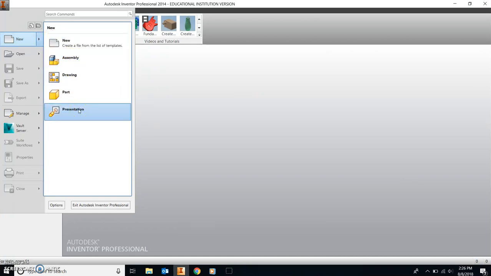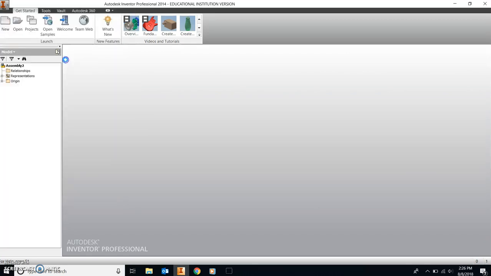So remember, with this particular project, we're kind of working backwards. Typically within Inventor, and later on in the course, you guys are going to create what's called a part file. You're actually going to create all these at some point in time, but usually you start with a part file, then you can create a drawing or an assembly of them and then do a presentation. We're just going to work with assembly right now, just to get your feet wet with learning the software a little bit with some pre-made parts that you've already downloaded. All right, so you're going to click on assembly right now,